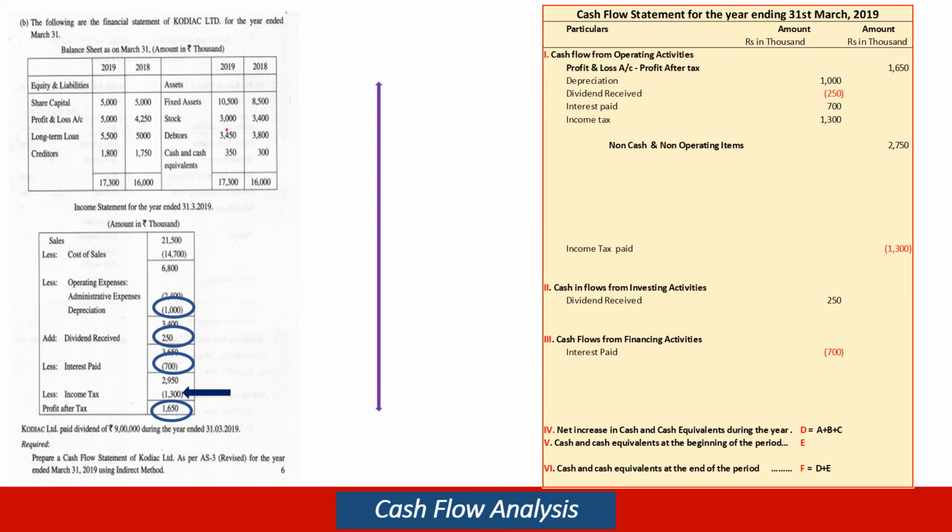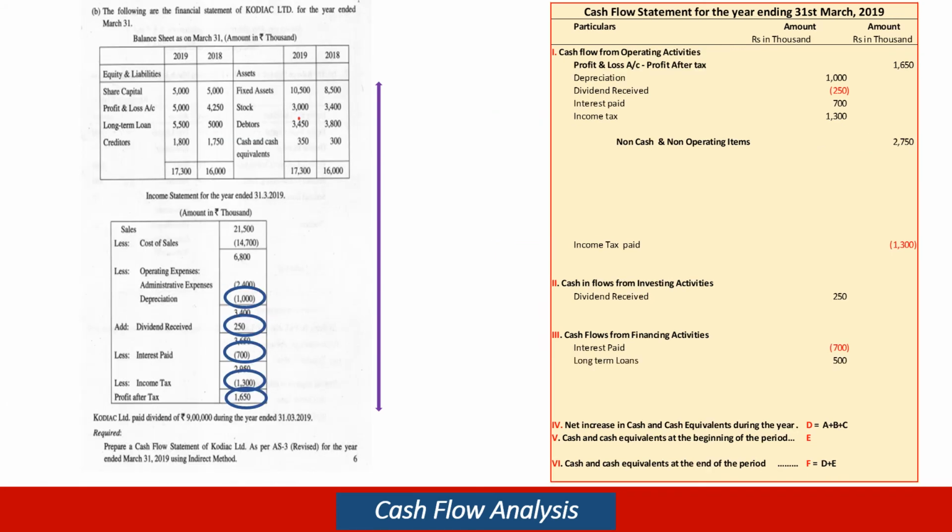Then comes the income tax. Income tax is a matter of presentation. We have deducted it, add it back, show it as a payment separately as an external line item. With that, we have covered the entire profit and loss account. And this dividend has nothing to do with profit and loss. It is outside. Therefore, take out the total.